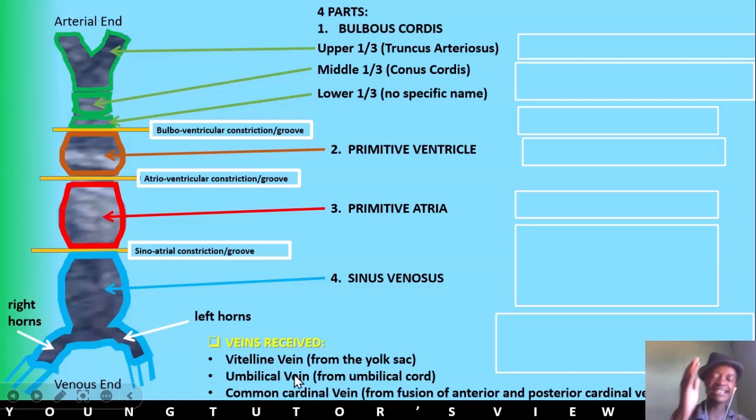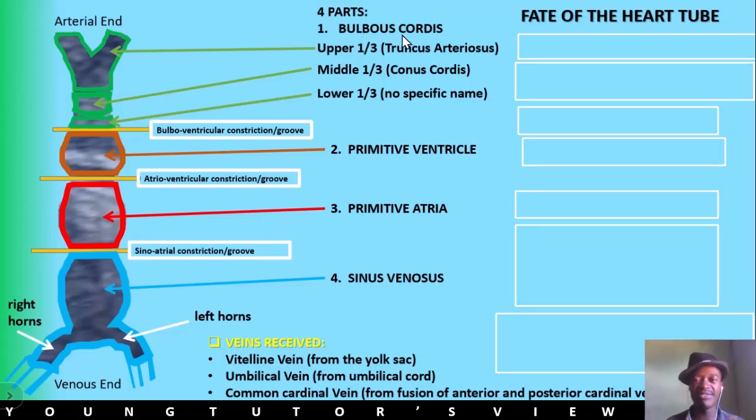The last thing that we are going to talk about, since we've talked about the parts of the heart tube, is just the fate of these parts. Let's just begin with the parts of the bulbus cordis. The upper 1/3, the truncus arteriosus, is the one that is going to form the ascending aorta, even the pulmonary trunk over there. Then this one, conus cordis, middle 1/3 of the bulbus cordis, is going to form the smooth